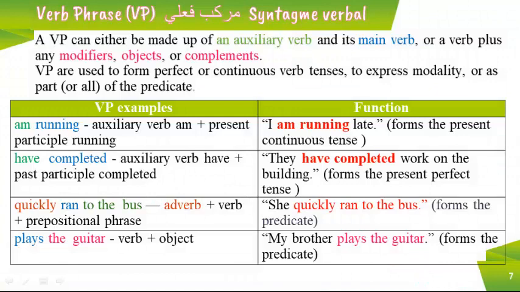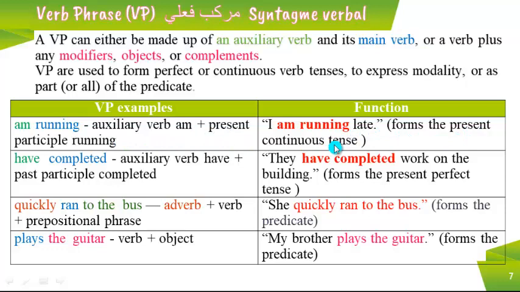Verb phrase, it can either be made of an auxiliary am, and its main verb run, which is here the present participle running of the verb run. Together they constitute a verb phrase. In modern grammar, verb phrase also includes all the elements that come after the verb. We use this just for explanation. So here, auxiliary plus present participle